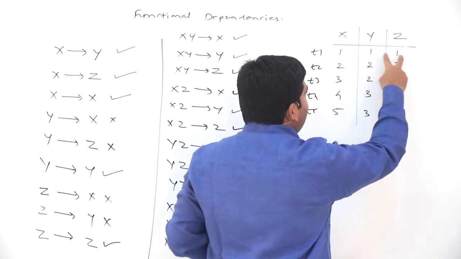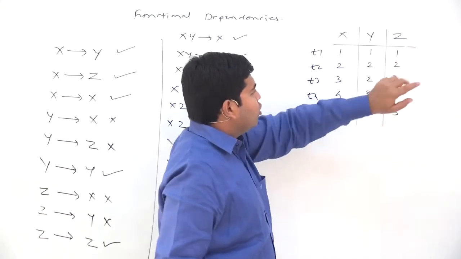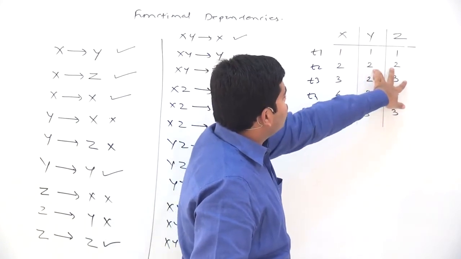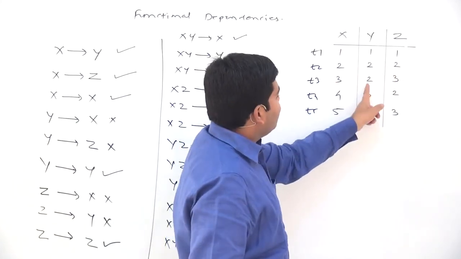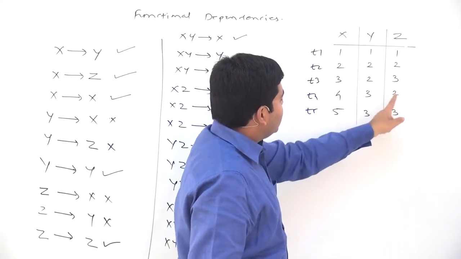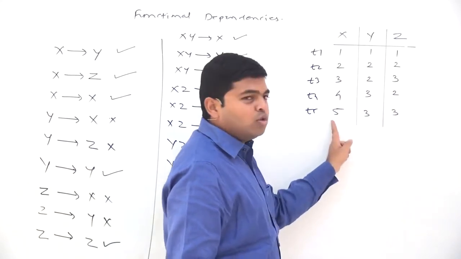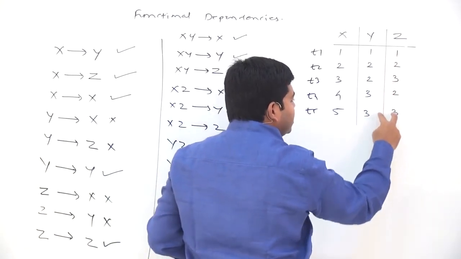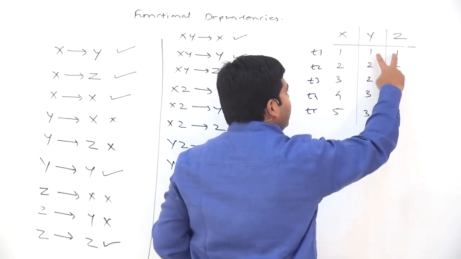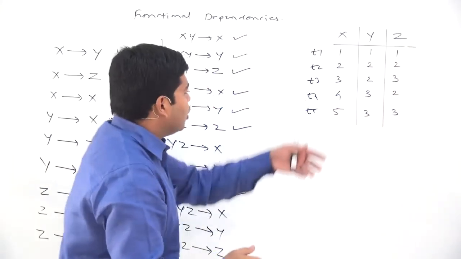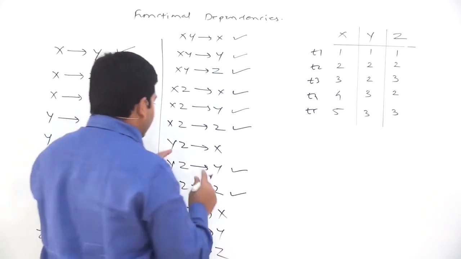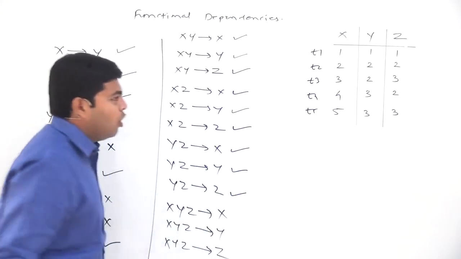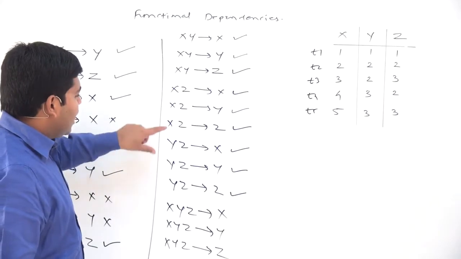When y equal to 1 and z equal to 1, now I will call it yz equal to 1 1. When yz equal to 1 1, x will be equal to 1, uniquely determined. When yz equal to 2 2, x will be equal to 2, uniquely determined. Yz 2 3, x equal to 3, yz 3 2, x equal to 4, yz 3 3, x equal to 5. So what I can see here is that every combination of yz values is different, and therefore whenever you have got both the values of y as well as z, you can always determine the value of x, and that is why from the value of y as well as the value of z you can always uniquely determine the value of x.